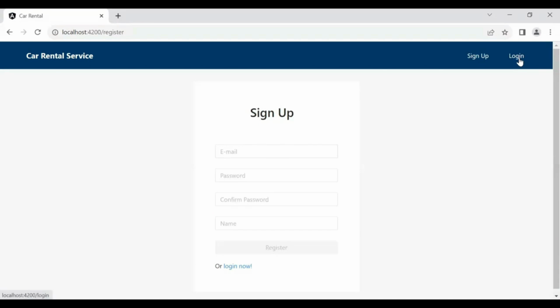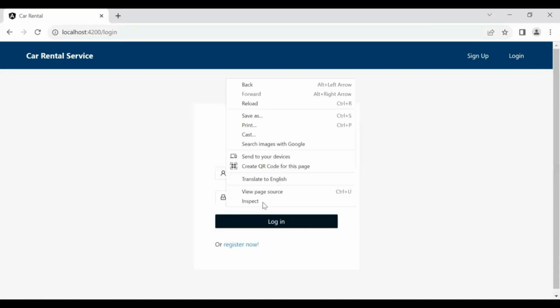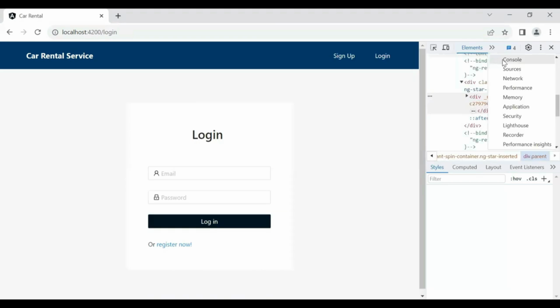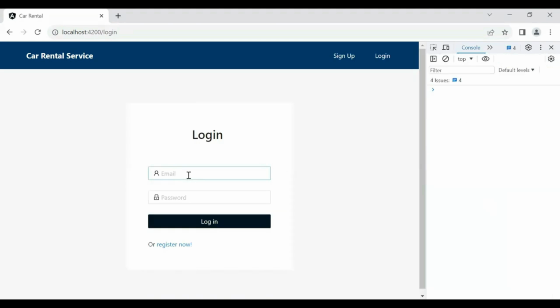Let's go to our login component, and here I'm opening inspect and the console. Let's put here the email like test@test.com and the password like test. Let's click on this login button, and you can see we are getting the values in our console. You can see the email and you can see the password.